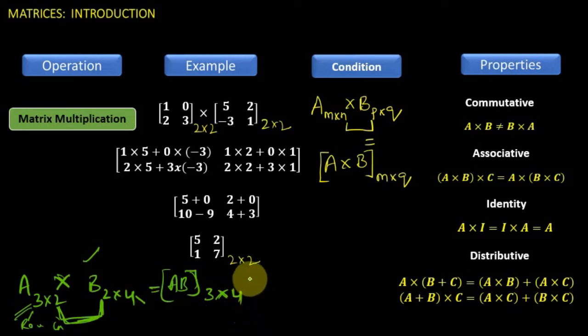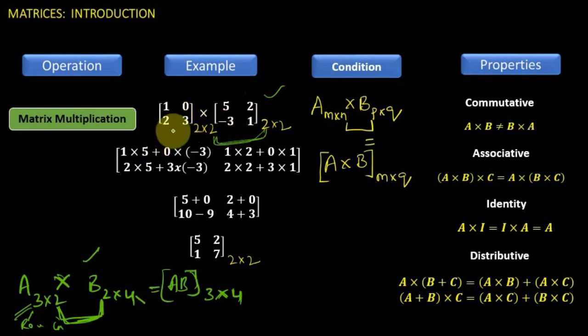Okay. Chalo, here I took one simple example. Afterwards in exercise problems we'll do so many problems based on matrix multiplication. So at that time it will be easier for you, right? So here I took one easy example problem. See, here I took two matrices of order 2 cross 2. So first, if you observe, the number of columns of the first matrix is equal to the number of rows of the second matrix. Therefore 2 is equal to 2. Therefore I can multiply. Multiplication is possible for these two matrices, right?